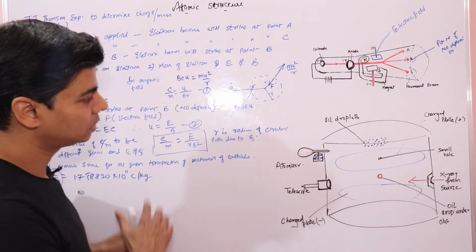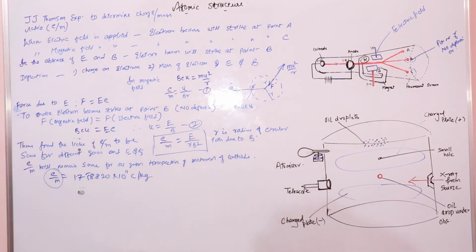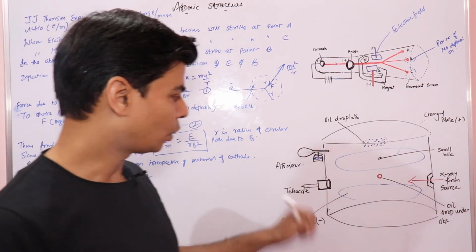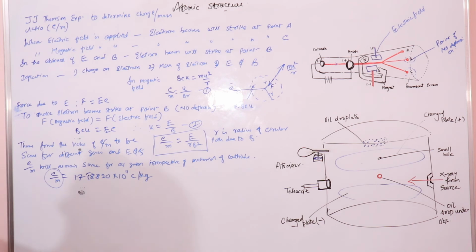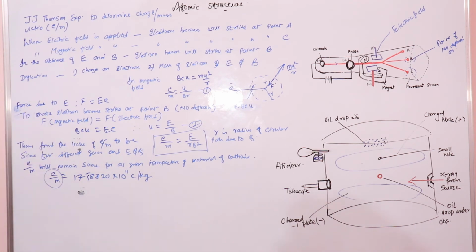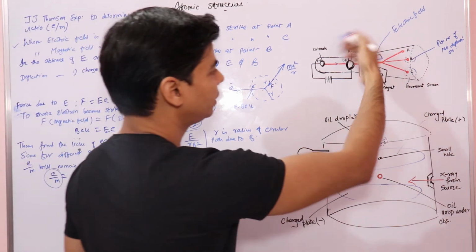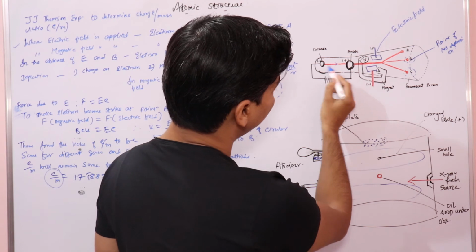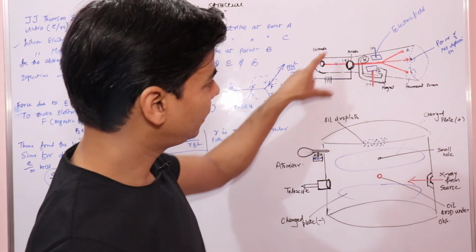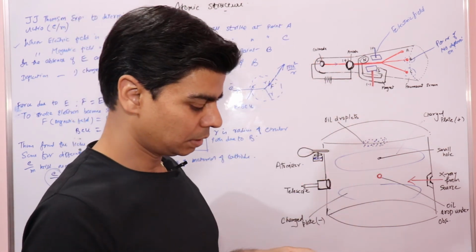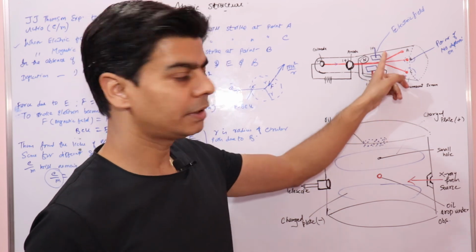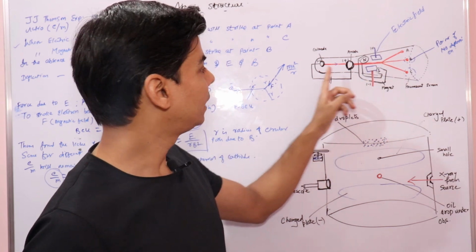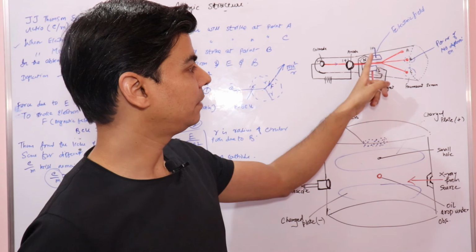So we are done with Thomson experiment. Now we'll come to this oil drop experiment. Let's first just revise this. What we have done in this is this cathode ray tube. In this cathode ray tube, we have subjected this beam of electron to magnetic field and electric field, and in the absence of electric and magnetic field,